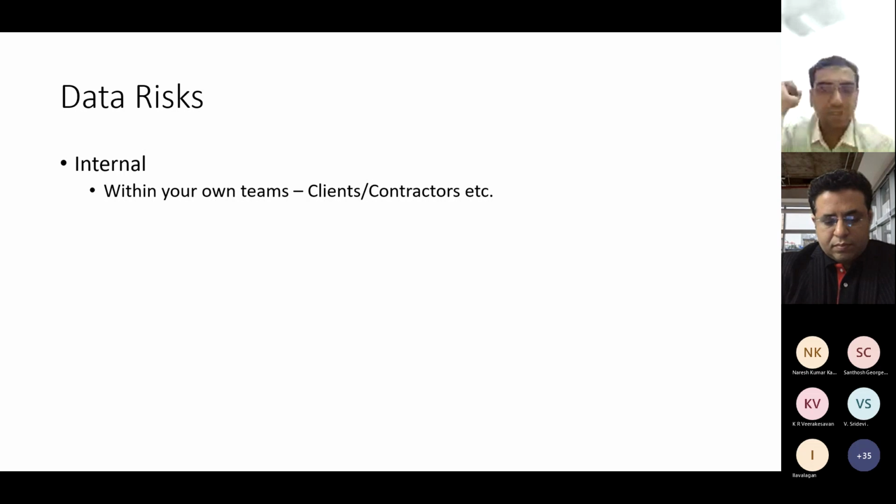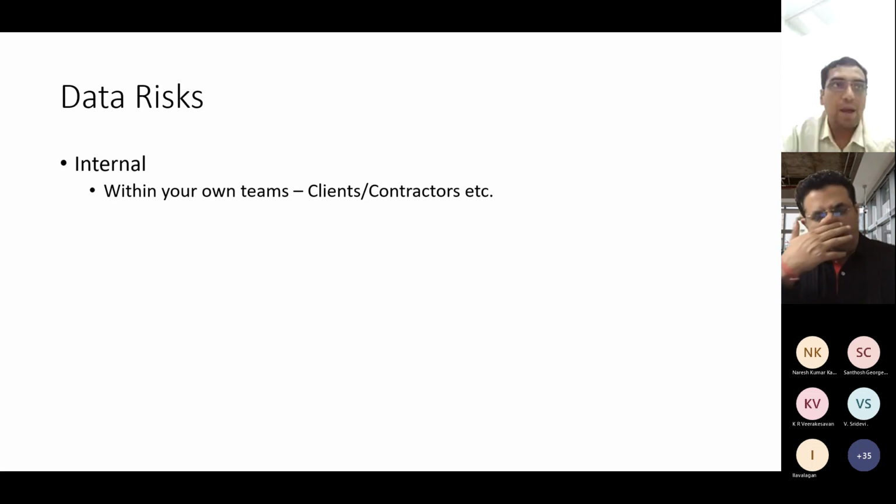This is where the risks related to data would come down a lot when you start using a common data environment, because now you have set processes. You can define your workflows. You can say if information is created by this person, it should go to that person, and if that person did not come back on this, then it can escalate. All these kinds of workflows can be defined in your CDE, so that internal data risk can come down.